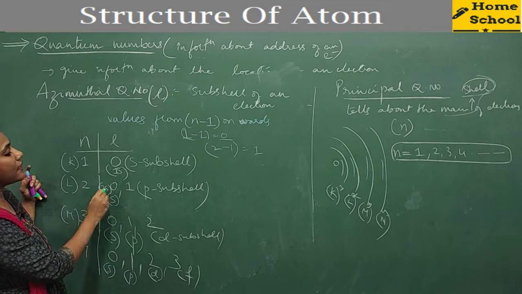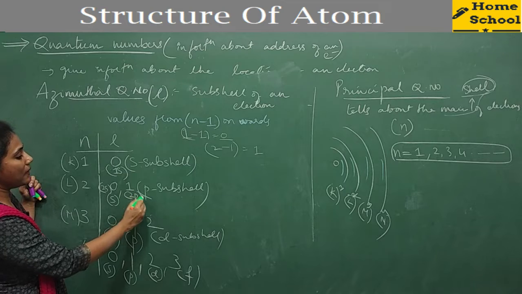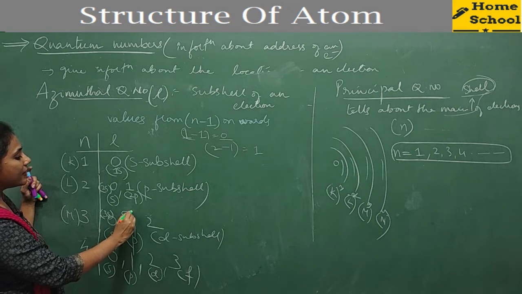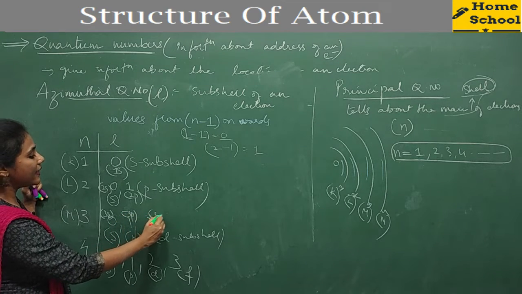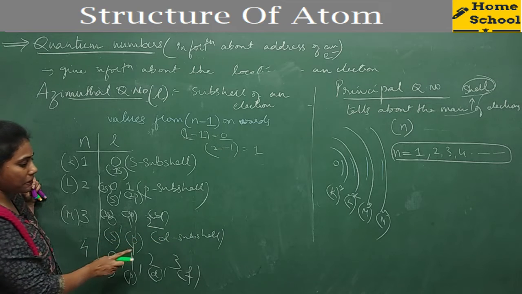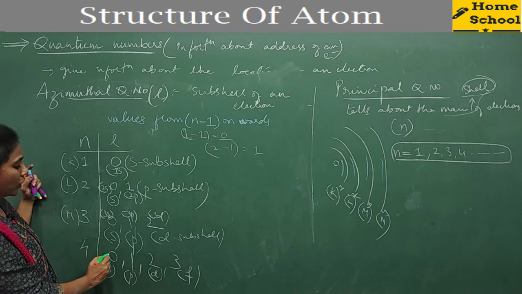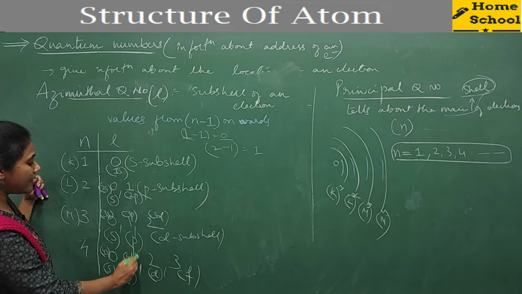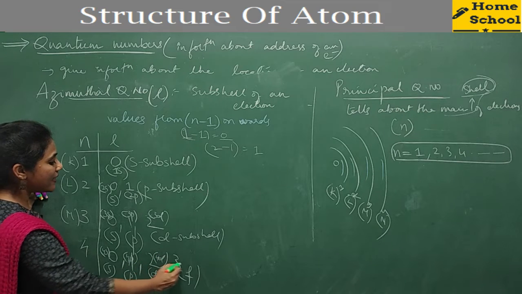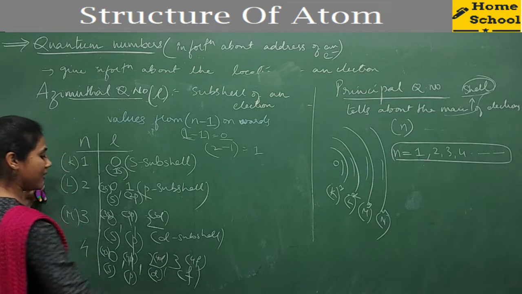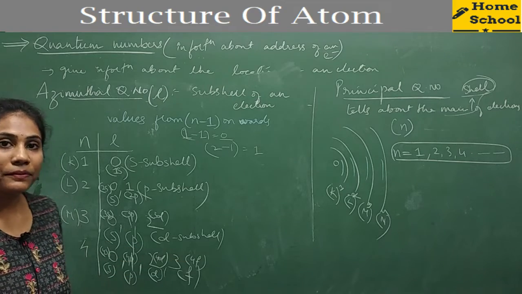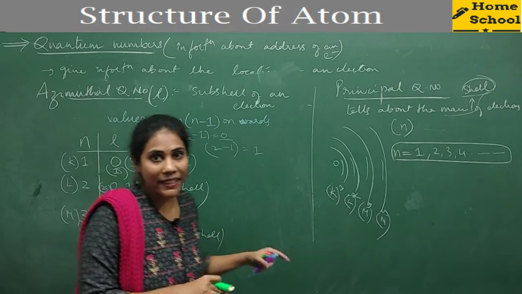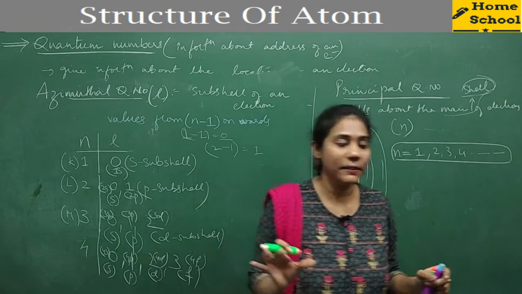So this is 2S subshell and 2P subshell. And this 0 we will call 3S subshell, this is 3P subshell, and this is 3D subshell. Yes or no? 2 in the sense D subshell. So in the fourth state you have 4S district, 4P district, 4D district, and 4F district, right? Like that it goes on. Clear everybody? Okay, with one particular diagrammatic way I will explain this once again so that you will get more clarity.